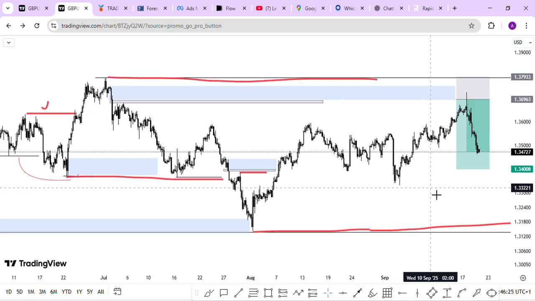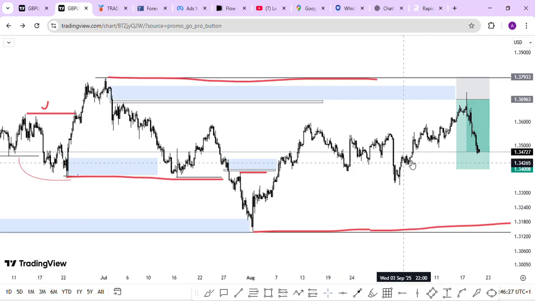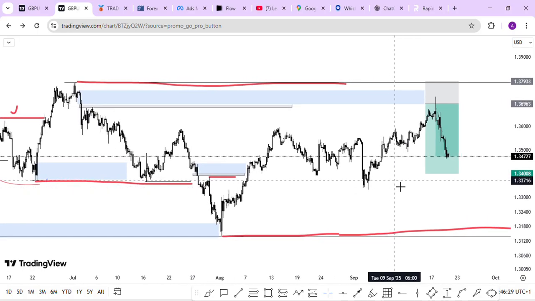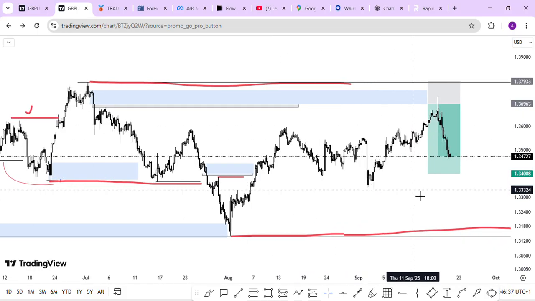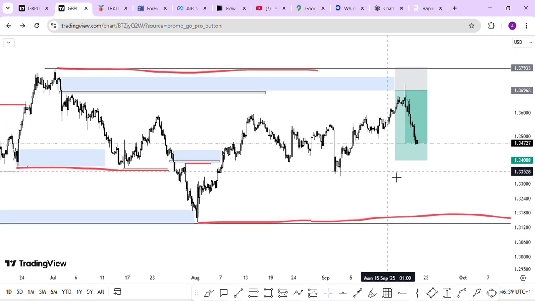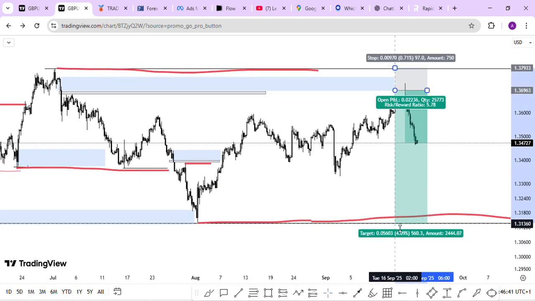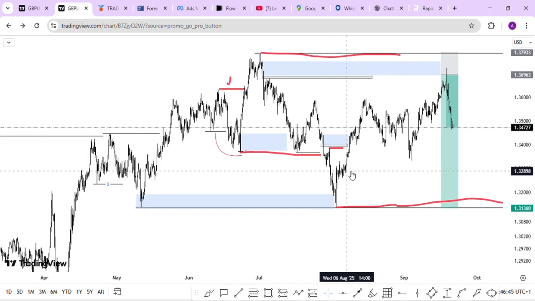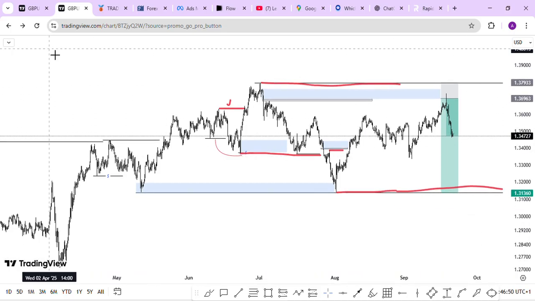But if the market wants to go up, it means that the 1 hour reversal signal that is giving you, and the 4 hours is just going to be temporary. So this is what I'm looking out for in GBPUSD for this week. I'm expecting the market to come down and probably break this structure. And once the market break this structure, it means that in daily time frame,